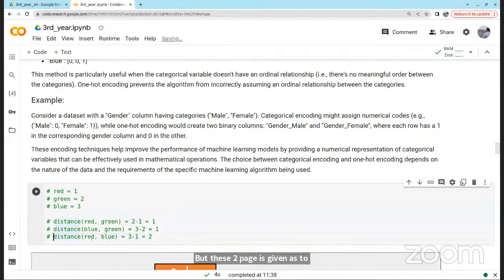That is, you're saying the distance between red and blue is 2. But compared to these pairs, you're saying these two are more distant. That means ideally it should be 1 only, or equal to the other pairs' distance.